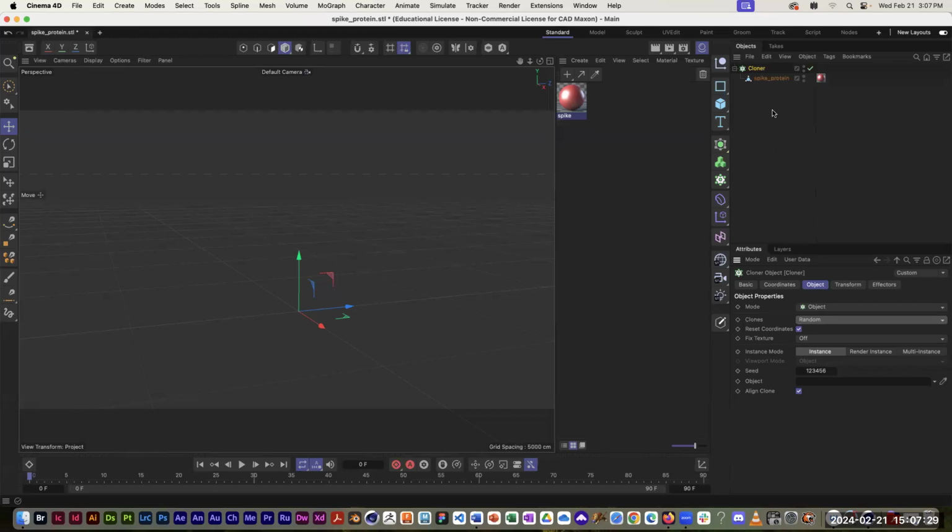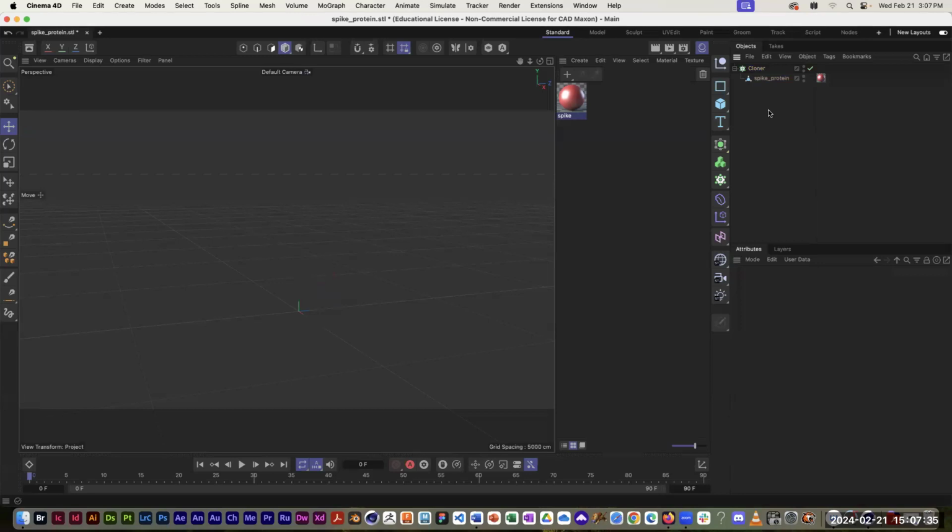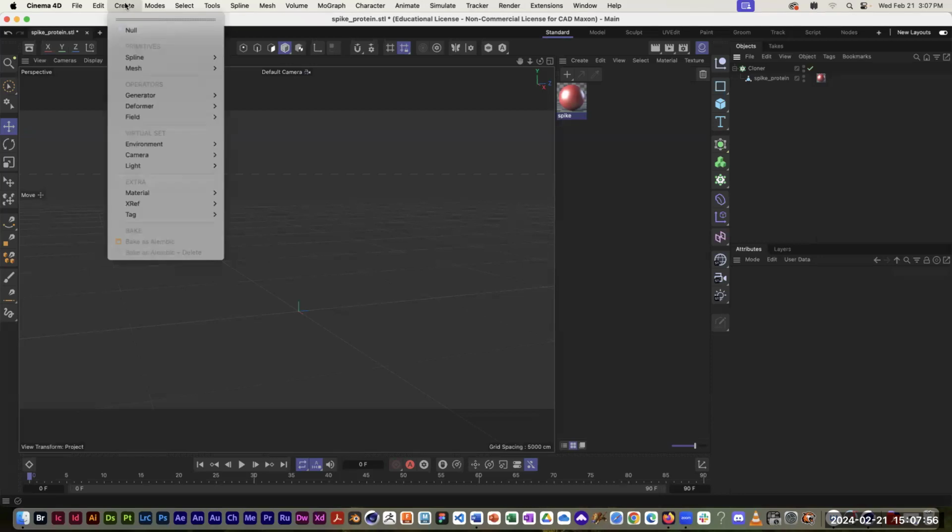Right now I'm going to just deselect the cloner. I'm just going to click in blank space up in my objects panel. And so nothing is selected. And it looks like my spike has vanished, but it'll come back. What I want to do now is create the virus itself. I want to just create a big sphere in the middle of my scene. And under the create menu,